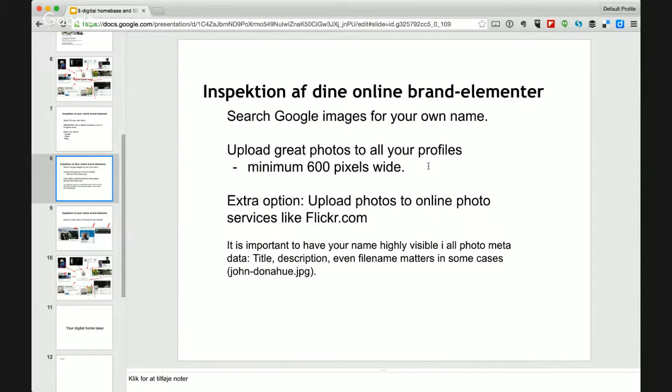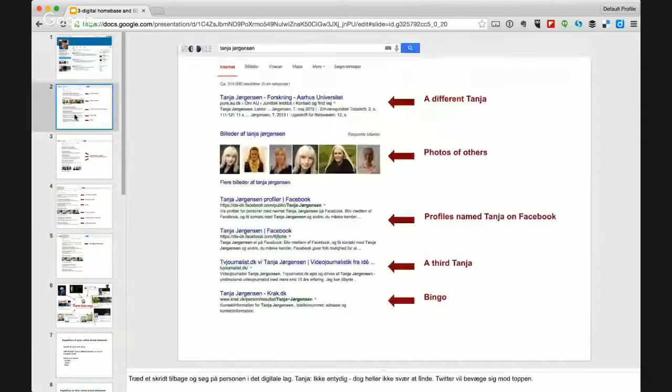If you don't have any pictures visible when people do Facebook searches, just like Tanya here, when I search for Tanya, there's not a single photo coming up on Google of Tanya. What you can do is, first of all, start uploading profile pictures to social media profiles and make them public. And another thing you can do, because Google will see that, is upload